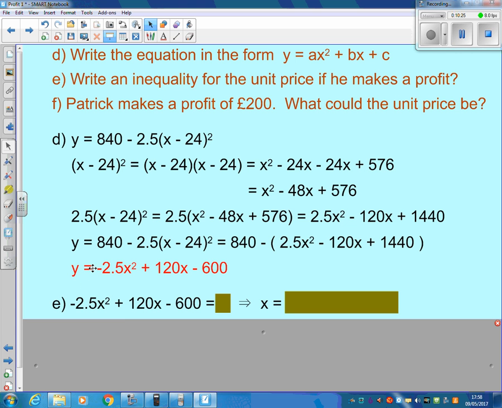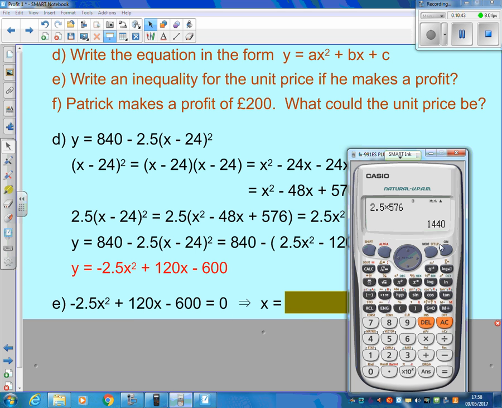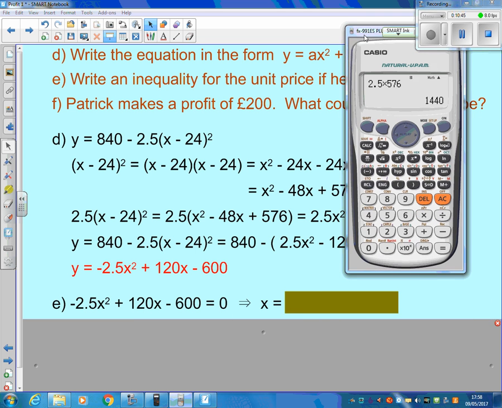To work it out, let's put the y value equal to 0. Let's find the break-even values, the break-even prices where you're getting no profit, no loss. So I put y equal to 0. Now to solve this, I can use my calculator, and I use what's in here as the equation